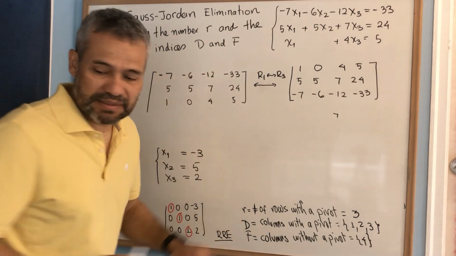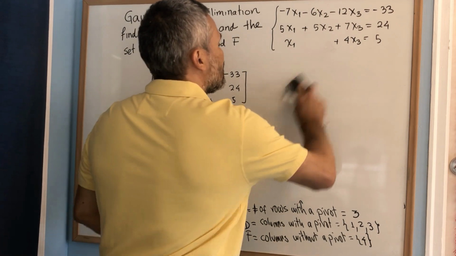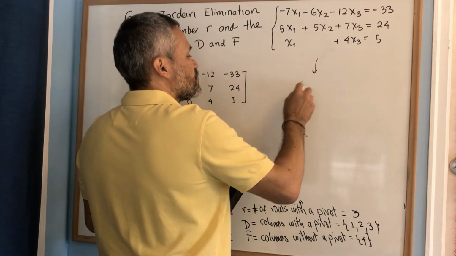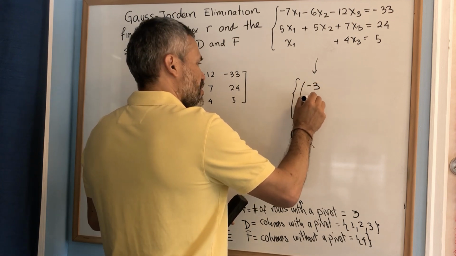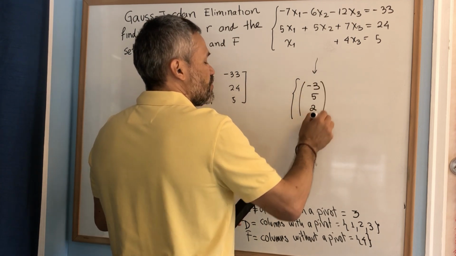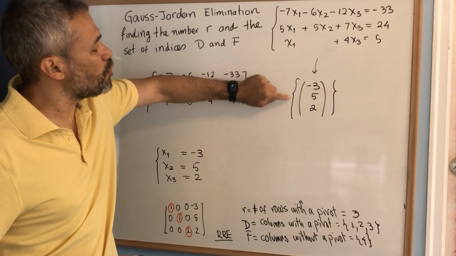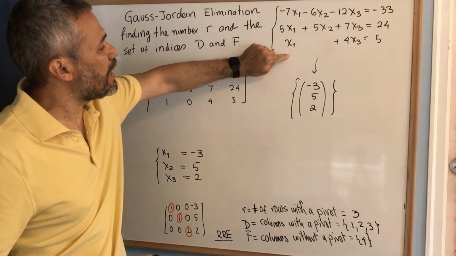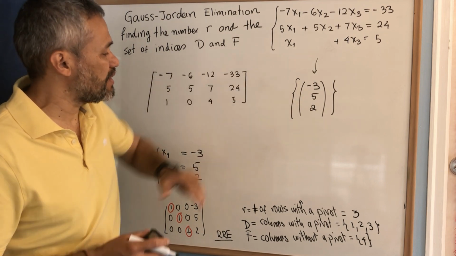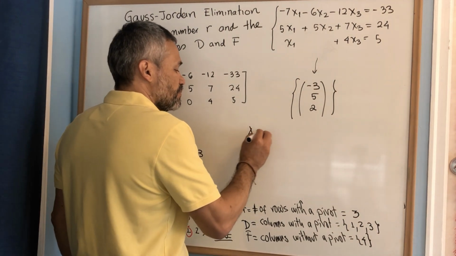That means that the solution set of this system would be the set -3, 5, and 2. Remember that every system has either no solution, or exactly one solution, or infinitely many solutions. Let me remind you that a system with no solution